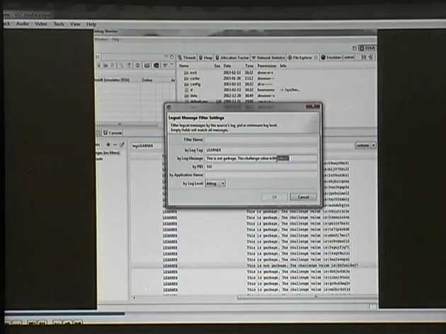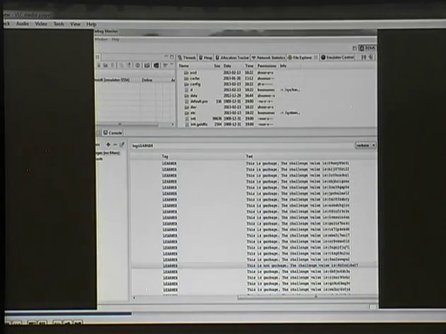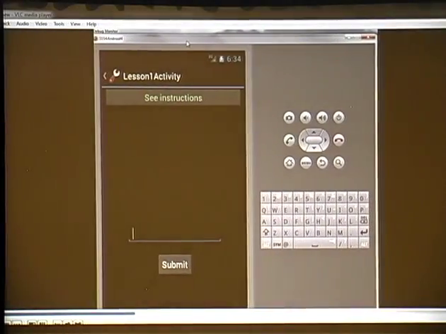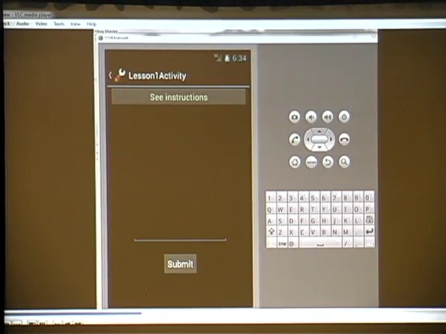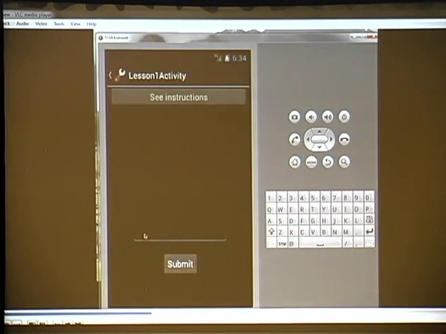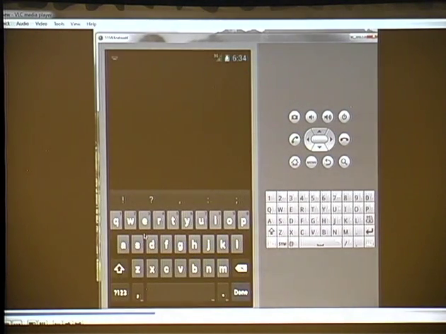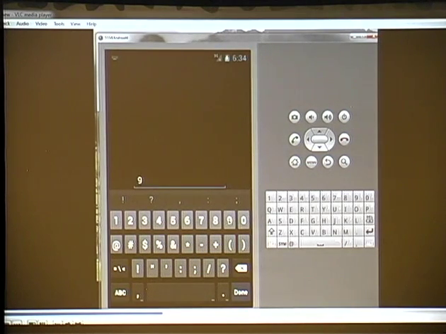The next step is I'm going to punch this code into my app. A spoiler, I'm going to punch in the correct code here.